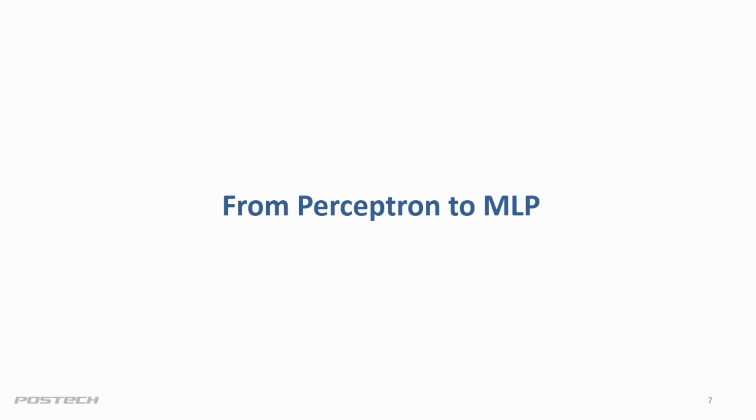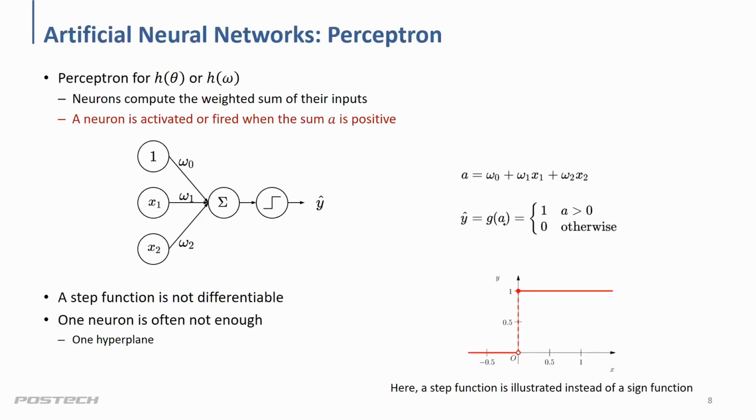I just reviewed, or recapped, what the perceptron is. Now I want to keep going to develop the multi-layer perceptron. So in the perceptron, the neurons compute a weighted sum of their inputs, right? So it's the same as the sum of omega_i x_i. We do summations, and from here,